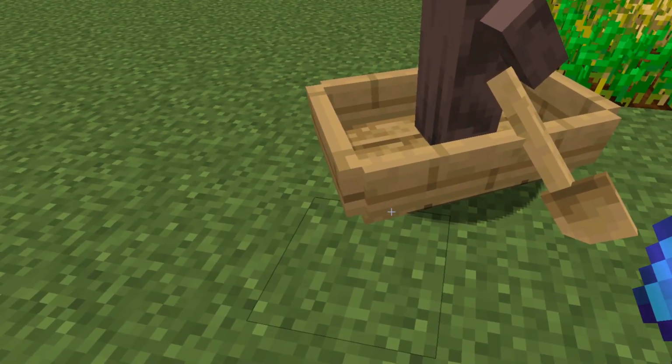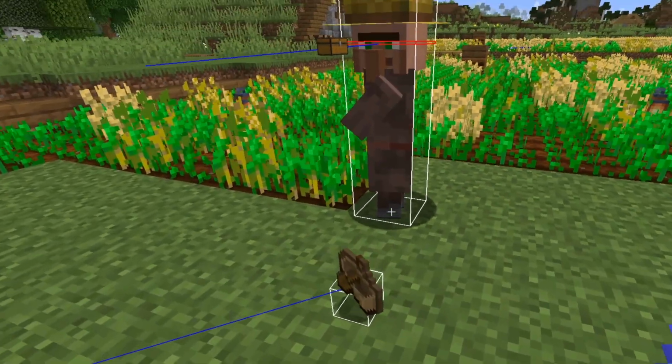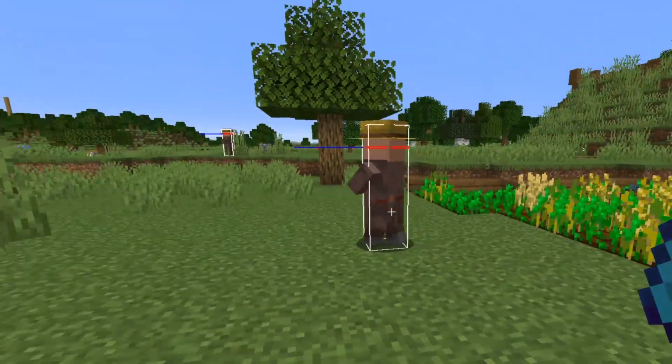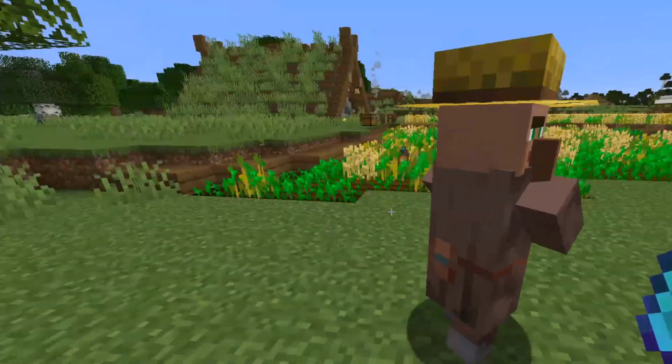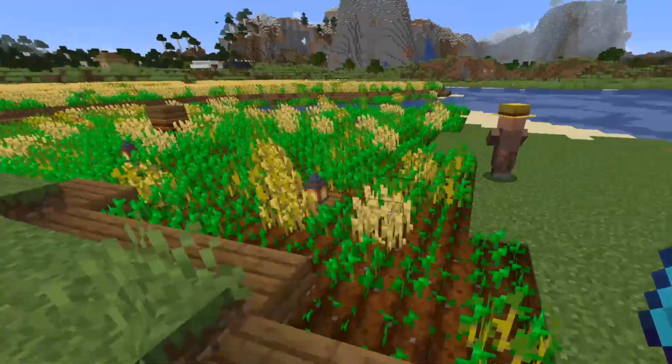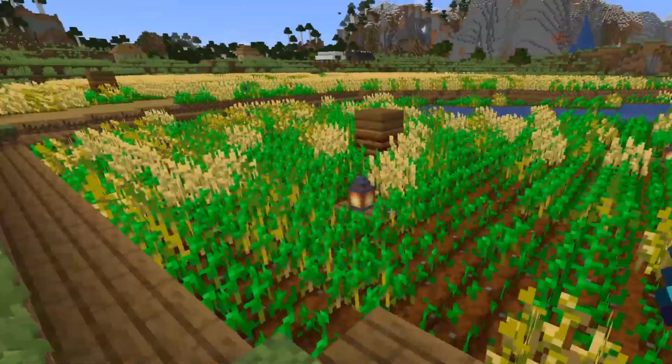Let's see if he'll pick it up. Let's go F3B so we don't give him a knock. There we go, just like that. We've got another farm. We'll go F3B again. And this little guy should start picking wheat and planting wheat and then breeding with this guy, hopefully, once they've